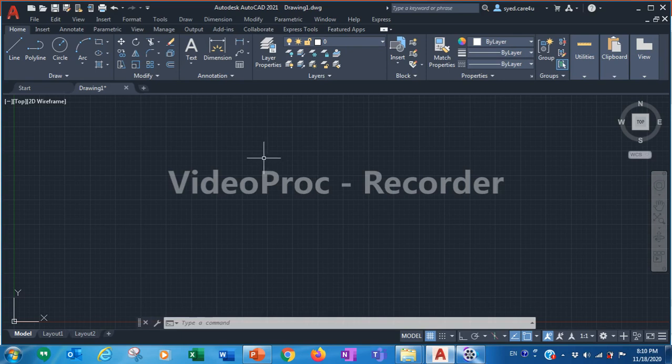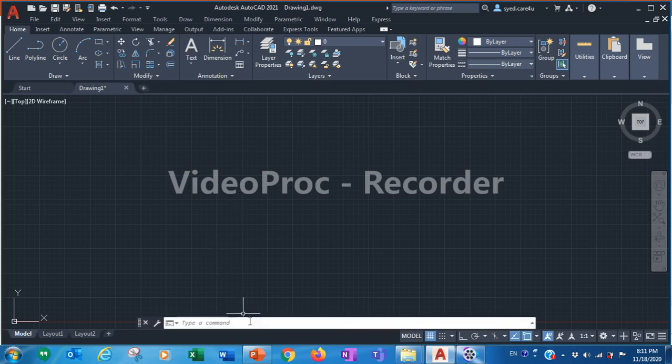Now again I need to format the drawing space. This drawing space is too big. You can draw up to kilometers, because this is a very big, infinite space. So you need to format your drawing area, the area in which you want to draw. We want to draw on an A4 size paper, so we need to format our area.